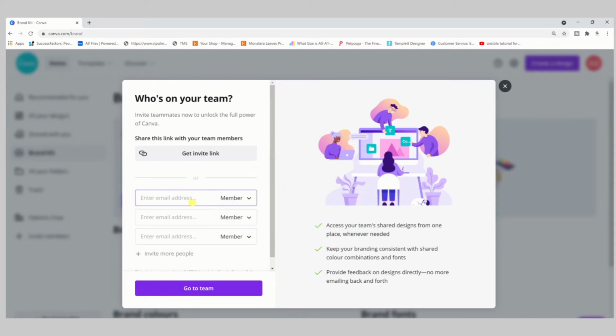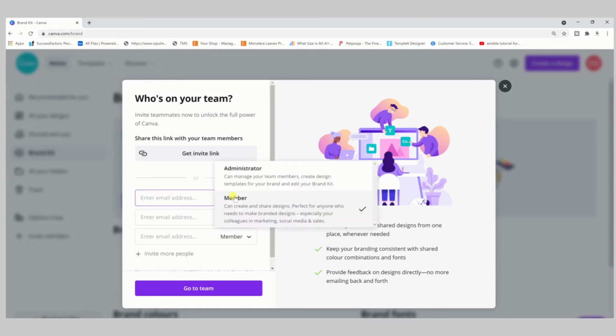Here you have to provide the email address with which your team members' Canva accounts are associated. This functionality is really helpful when you are working in collaboration. And you can also assign privileges as per the member or administrator here.